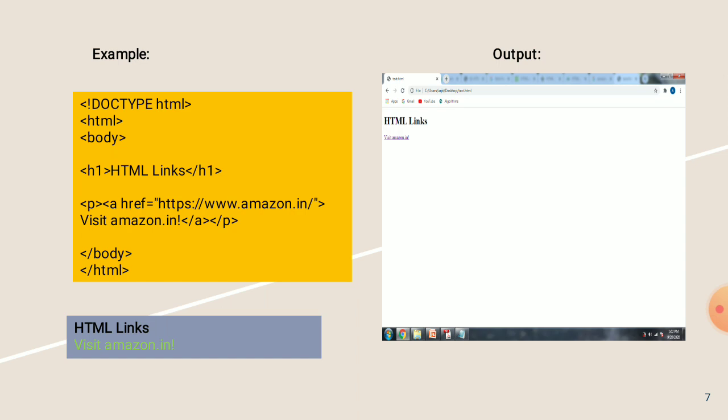The syntax is a href equals https://www.amazon.in, then the link is closed, with the text Visit amazon.in as the website link. Then the anchor tag is closed, then p is closed, then the body section is closed, then HTML is closed. So the output is this.